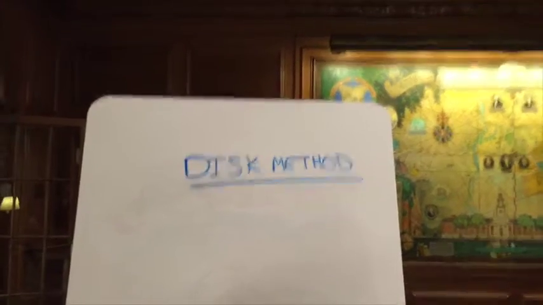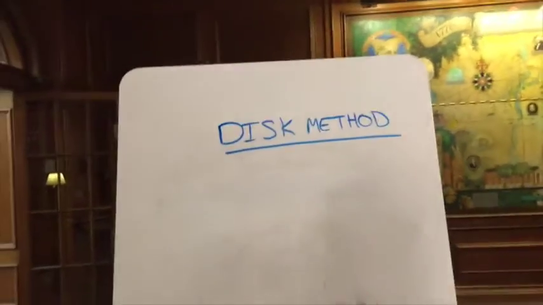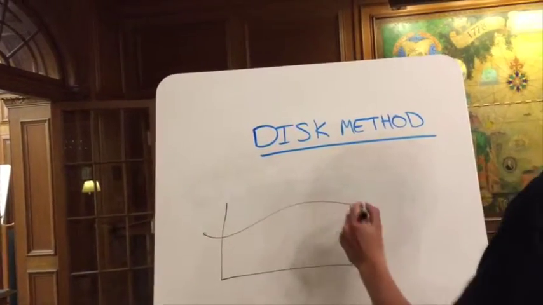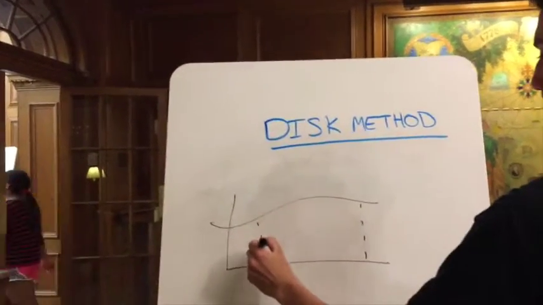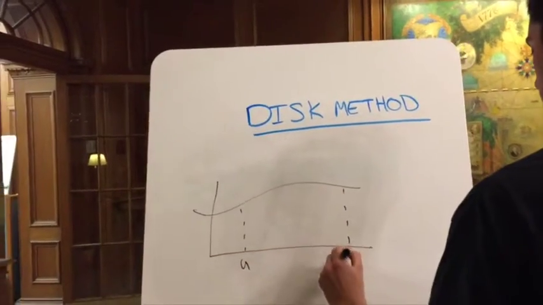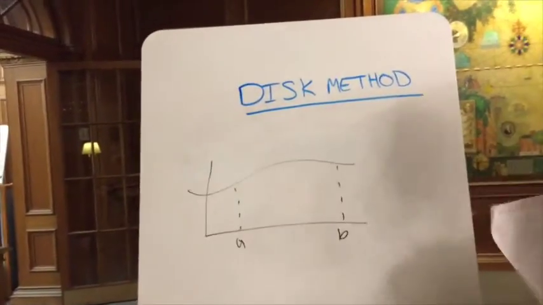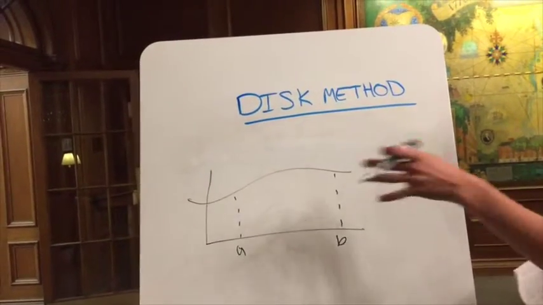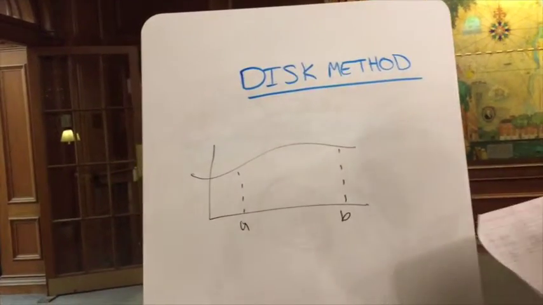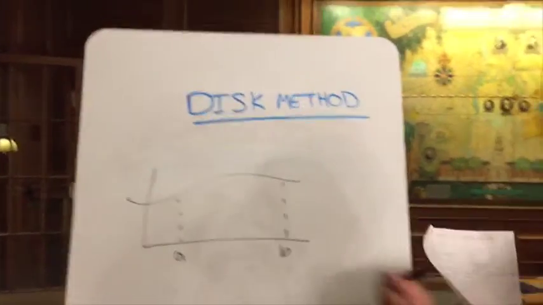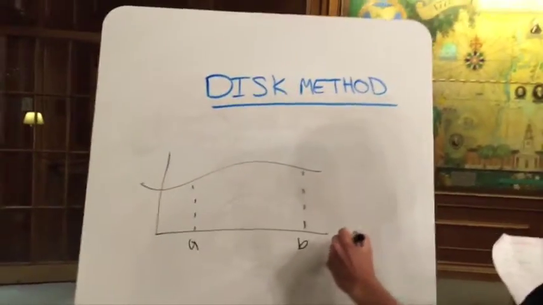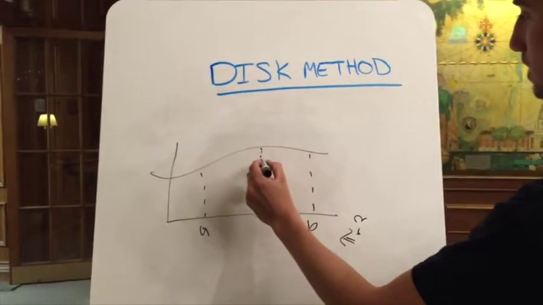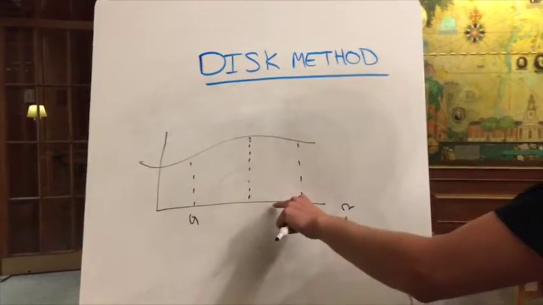The first method we will be looking into is the disk method. Given that we can find the area under a curve between 2 points, A and B, we find the volume of the shape of revolution by rotating this in a circular motion. Now, since the area of a circle is pi r squared, and each cross-section represents our radius, assuming we are rotating about the x-axis,